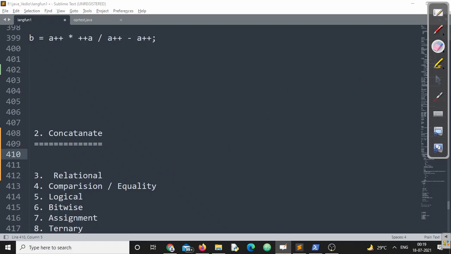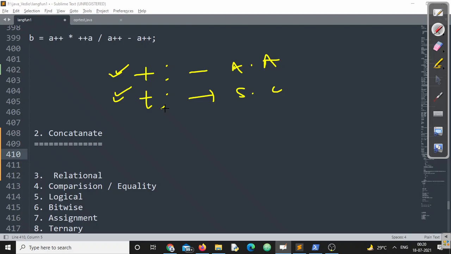That means this plus operator can be used as an arithmetic addition operator, or as a string concatenation operator, right? Okay, now you will say, sir, we can conclude this can be used for two different purposes.